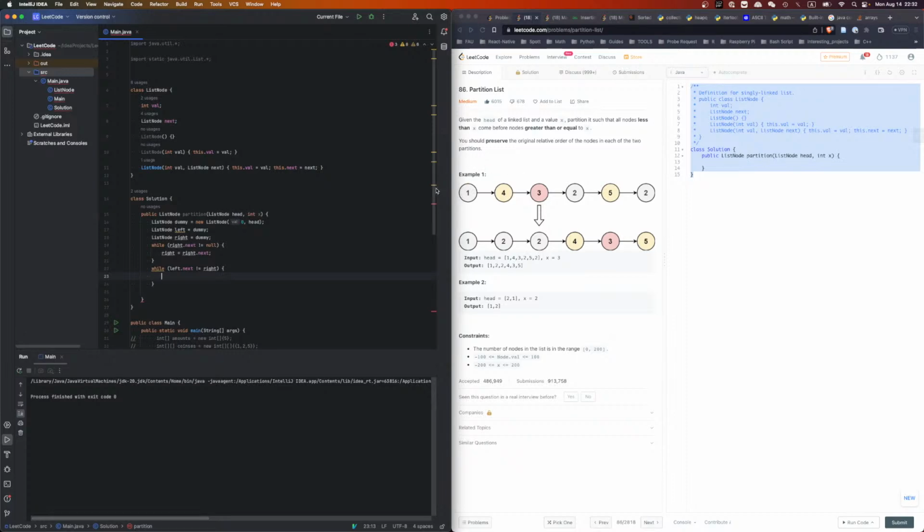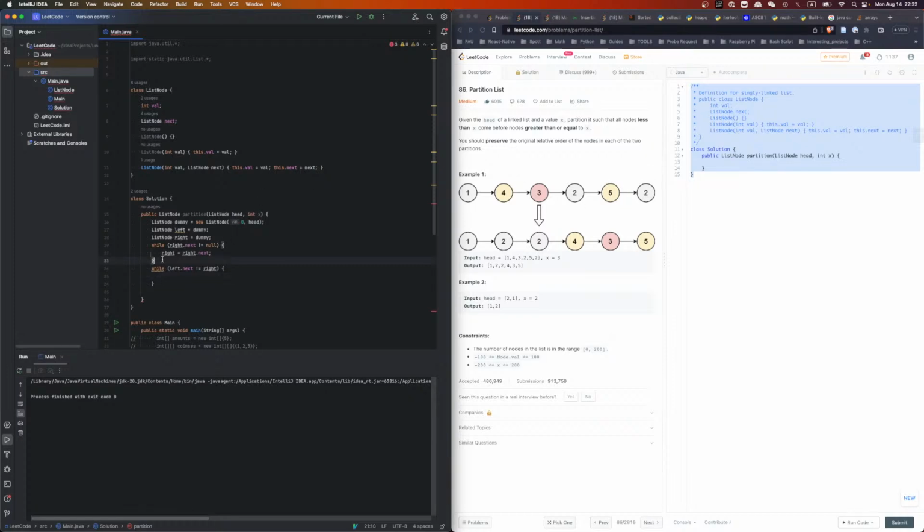So left starts here, and the node is here, right? Node is not smaller than left.next coming here, node moves here, bigger, so we move this to the end, and once the node visits the last one,